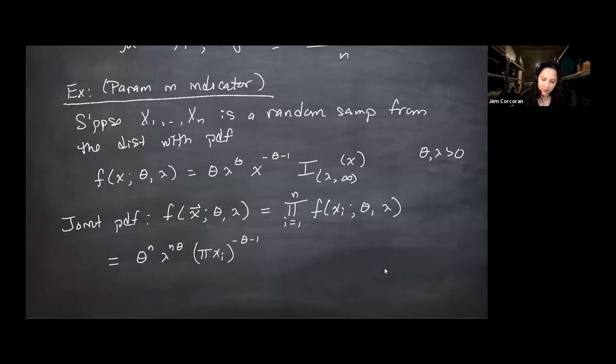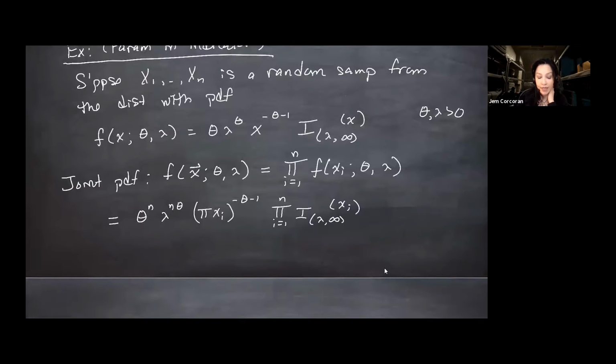And then a product of indicators. I probably wouldn't even get this far in writing this, because my advice to you is, if the parameter is in the indicator, just make a note of it, kind of a marginal note, and leave out the indicator, because we're going to go forward and take the log of this. And we talked last time about how you don't take the log of an indicator and you don't take the derivative of an indicator. It just comes along for the ride